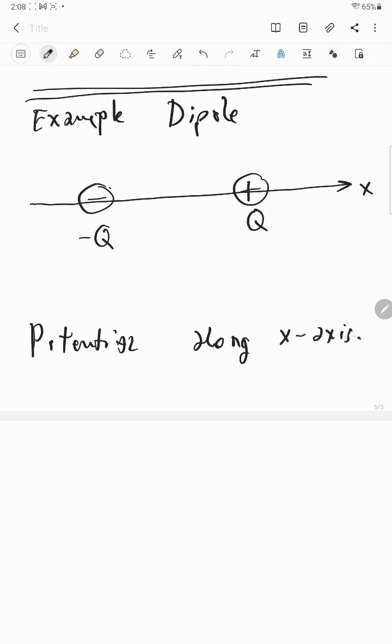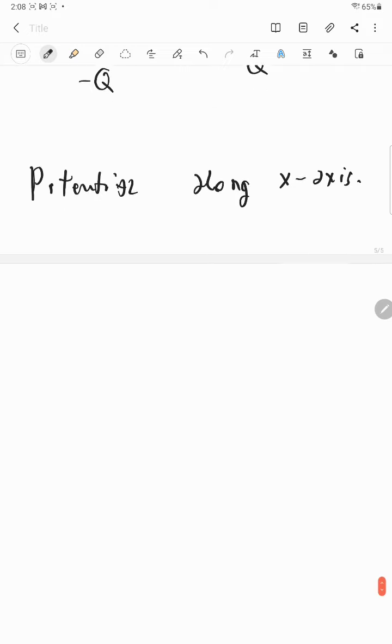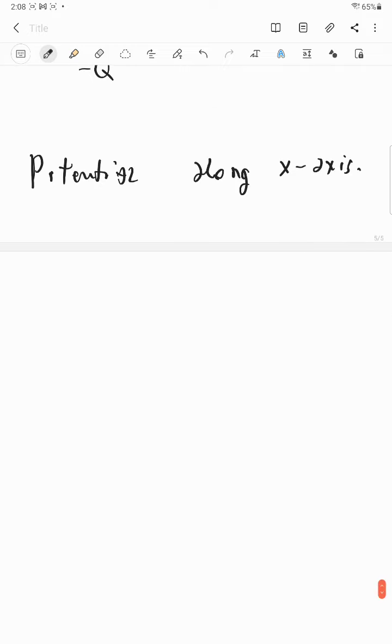Let me draw you what it's going to look like. The potential is this axis, and it's the net potential, the potential of both charges added together,